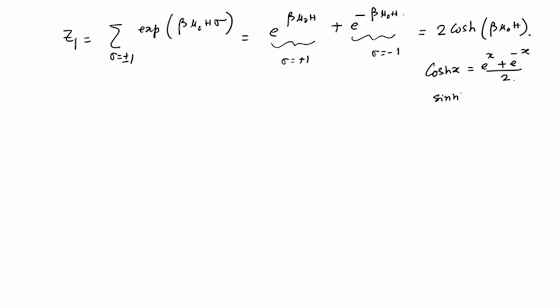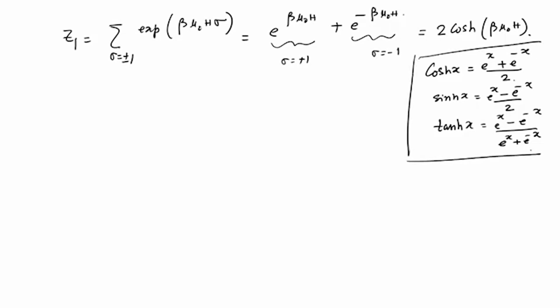And let me also write sine hyperbolic x, which is exponential x minus exponential minus x, divided by 2, and we will also need tan hyperbolic x, which is exponential x minus exponential minus x divided by exponential x plus exponential minus x, basically nothing but sine hyperbolic x divided by cos hyperbolic x. So, we get a nice closed form for this, and then calculating the total partition function becomes